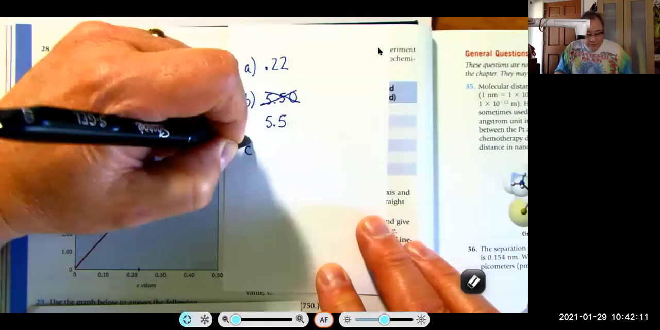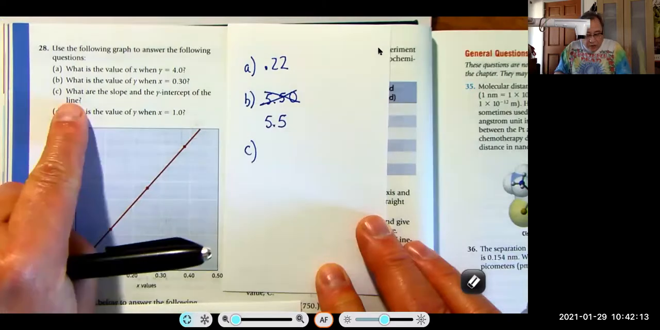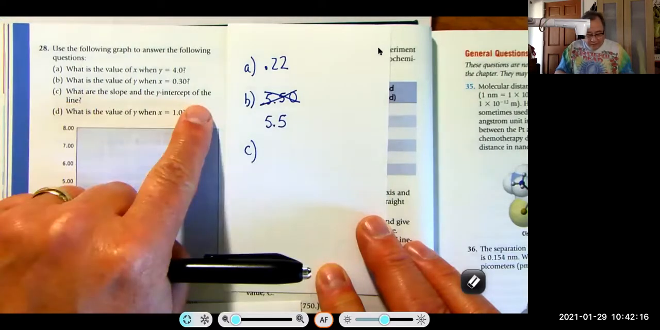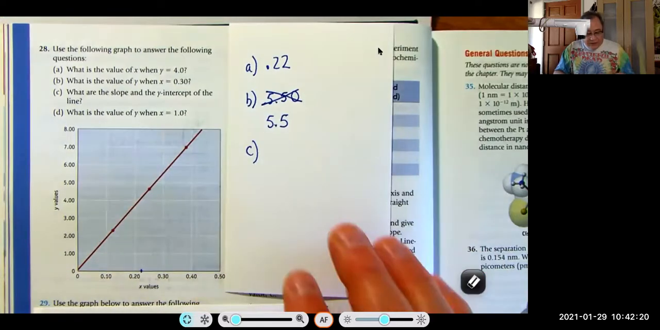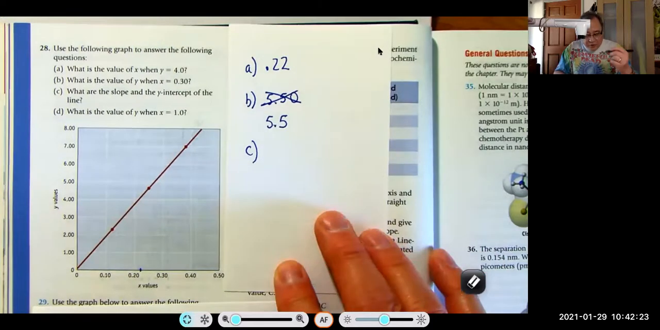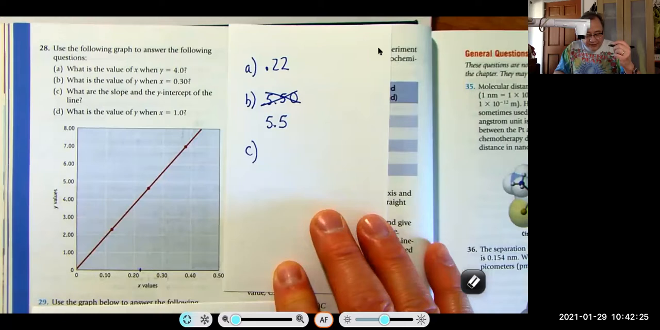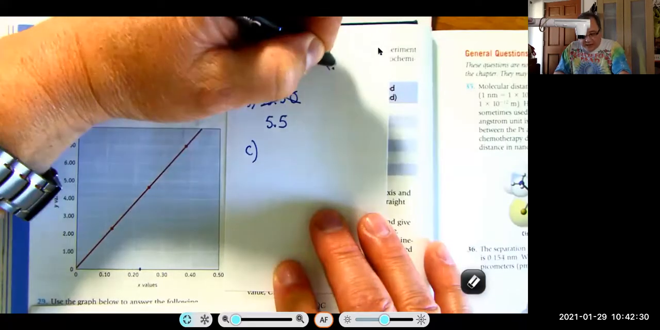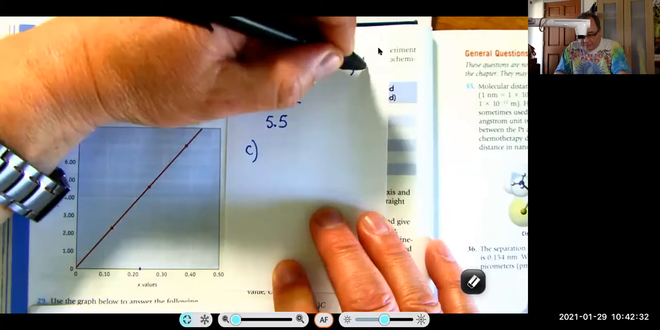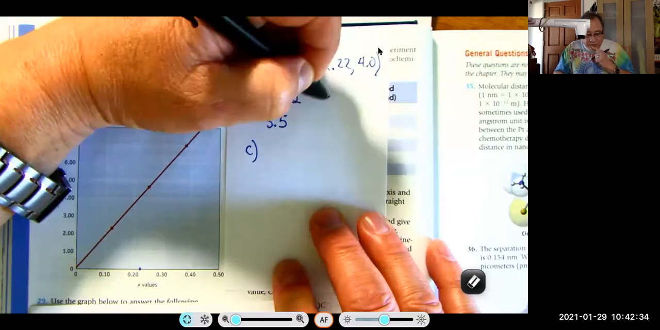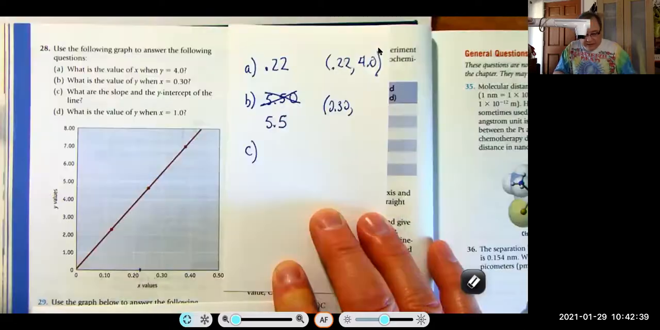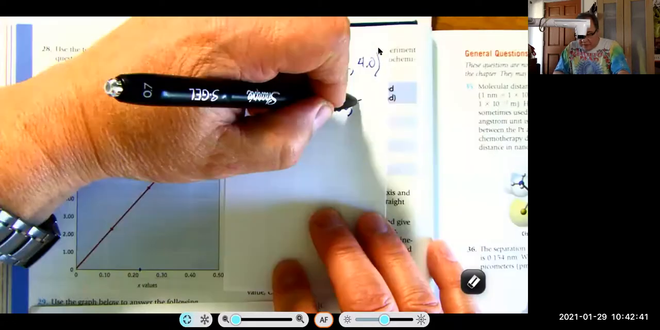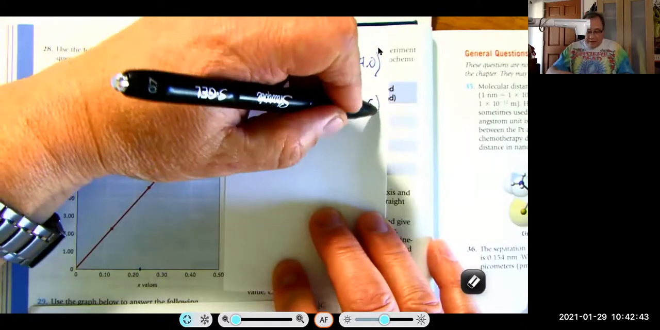C, what are the slope and y-intercept of the line? So all of these points are on the line. So we can actually do this with the points we have. So the first value I'm going to use is 0.22 and 4.0. And then I'm going to use 0.30 and 5.5. Since we already put the effort into getting these values, I'm going to use those for the